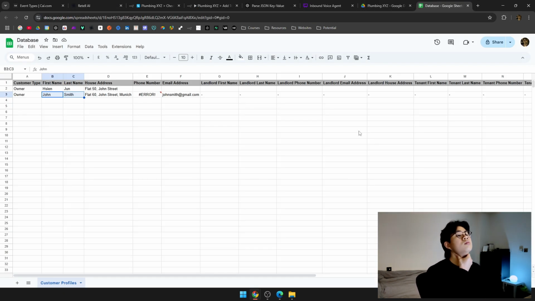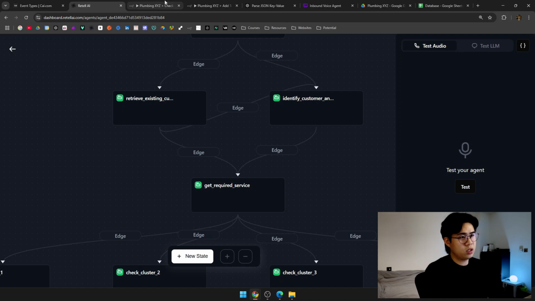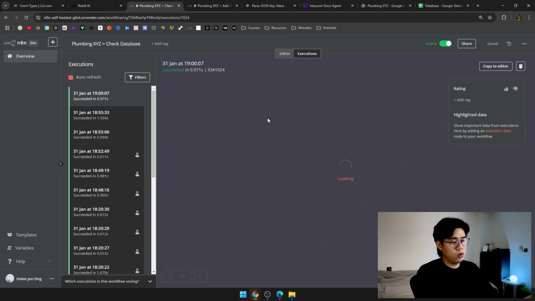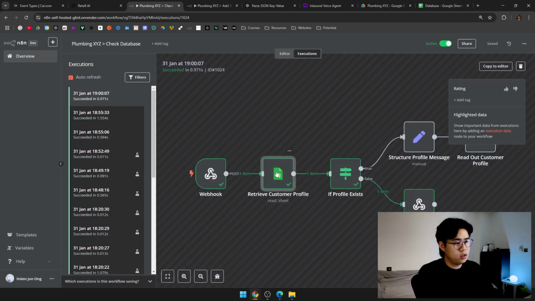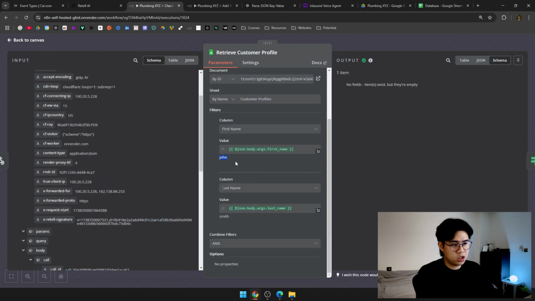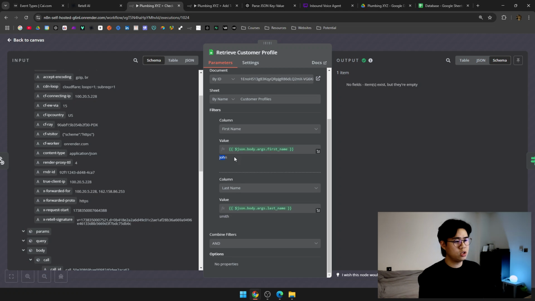So, it seems to be an issue right now. But let's fix that. What's happening is if you go into executions, you can see when we're looking for the profile John Smith, what the agent caught is John, but it's all small caps, right? And that's not the same as John with a capital J, right? That's why it's not getting any output. So what we could do is